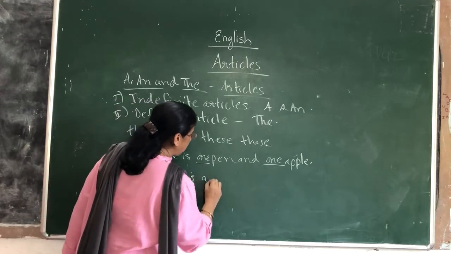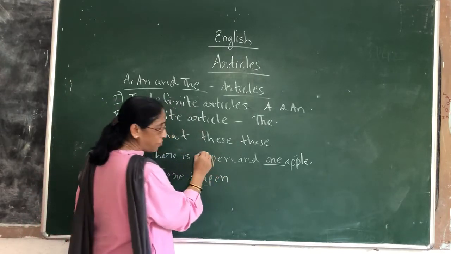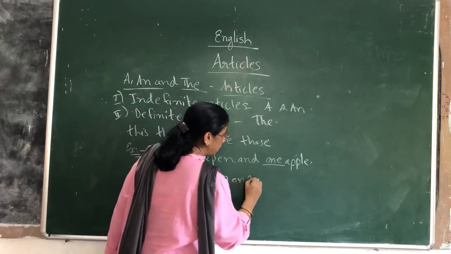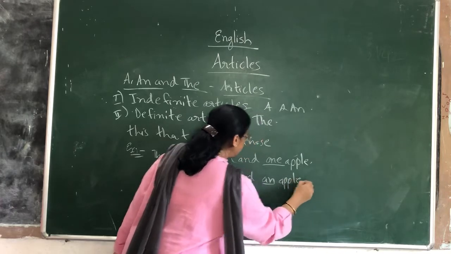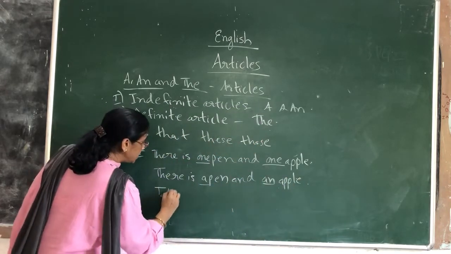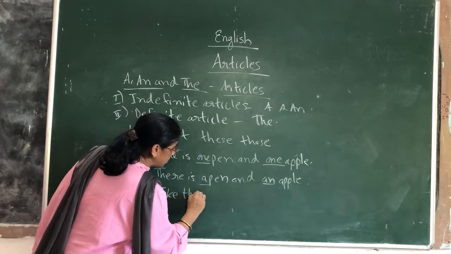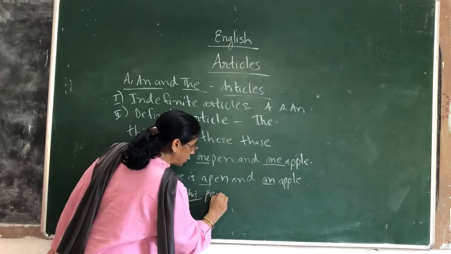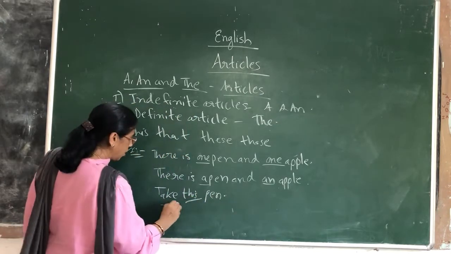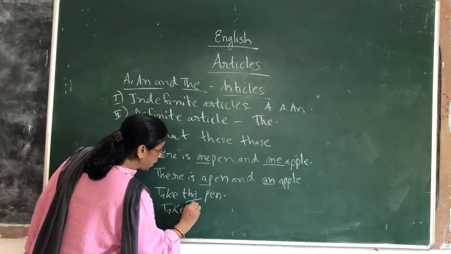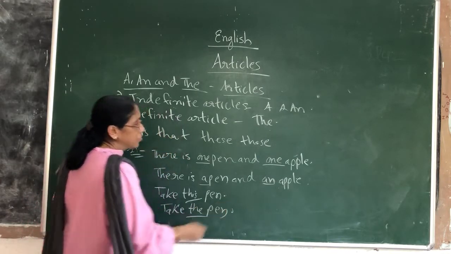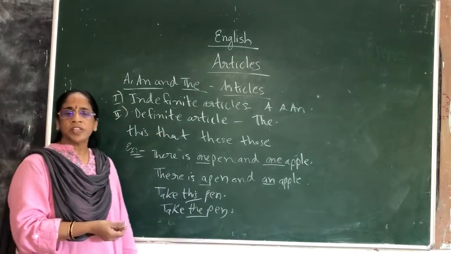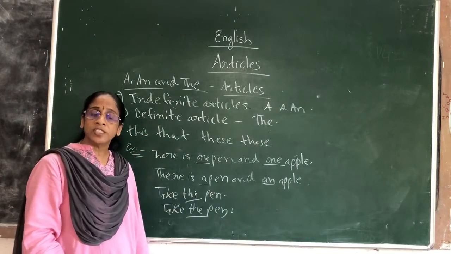There is a pen, okay, instead of one, okay, and an apple, okay. Just simply I say, take this pen. What do I mean by saying simply take this pen? I am showing a particular thing and saying it. So I can also say take the pen, indicating the pen or showing the pen. Simply I can say take the pen. So like this we use articles. They are nothing but demonstrative adjectives.